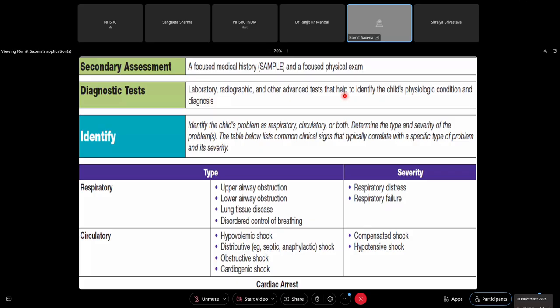So knowing the history, you'll be able to understand whether you're dealing with a foodborne communicable disease, airborne disease, whether you're dealing with a contact precaution, and obviously you can tailor your antibiotic decision, or whether antibiotics are required or not. Diagnostic tests will again supplement and complement your decision, not replace it.